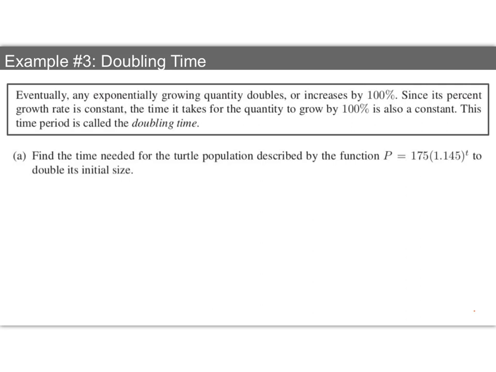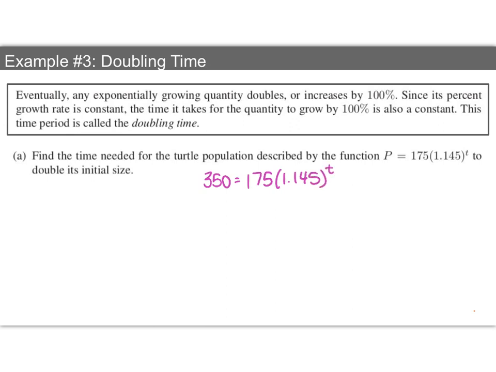So let's find the time needed for the turtle population described in the function p equals 175 times 1.145 to the t to double its initial size. In order to do that, we would want to look at our starting value, which is 175. In order for it to double, there's a couple ways of doing this. You can either think about actually finding the double, right? So 175 times 2 would be really asking, when is the population 350? And you could plug it in like this,